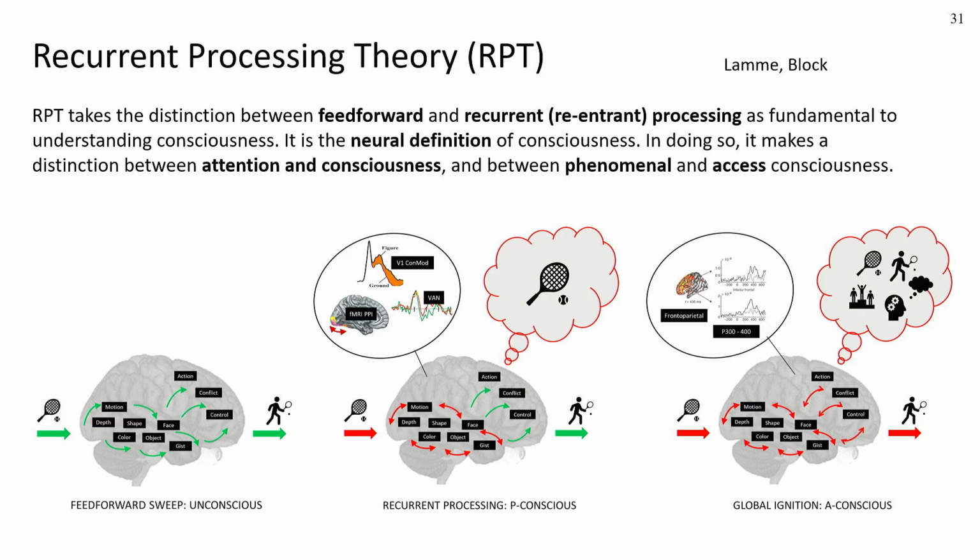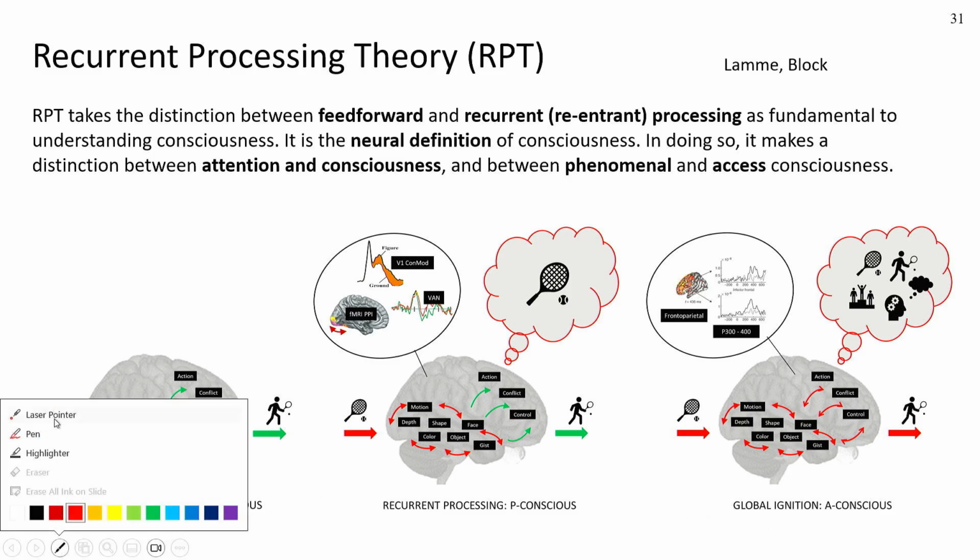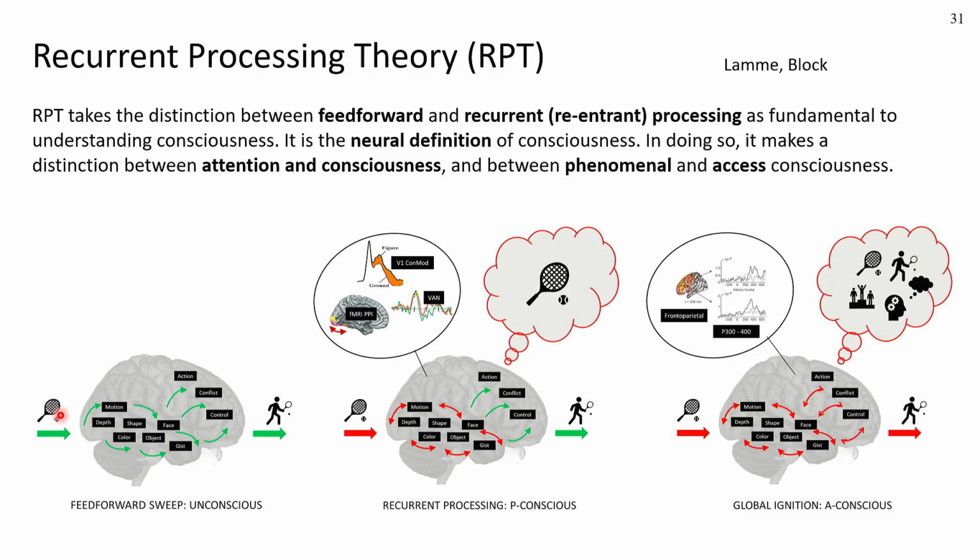It does take first order representations as sufficient for having a conscious sensation, a conscious experience. It's recurrent processing theory, which is a theory that I developed myself, partly, by the way, inspired by the distinction that Ned Block, a philosopher, made between what's called phenomenal and access consciousness. Basic idea, but of course I will explain it in a little bit more detail further on, is that